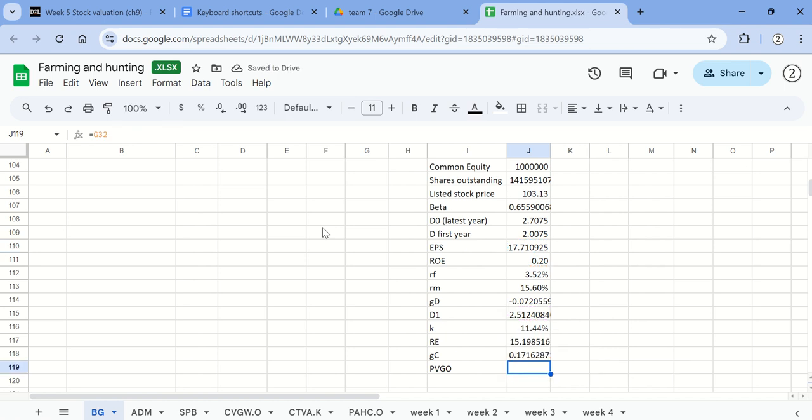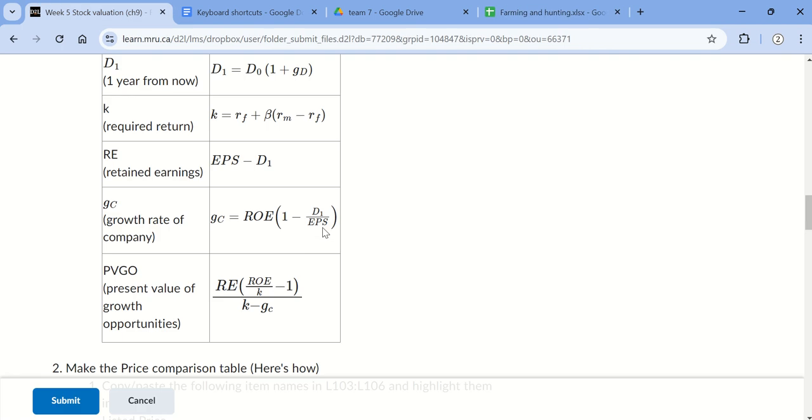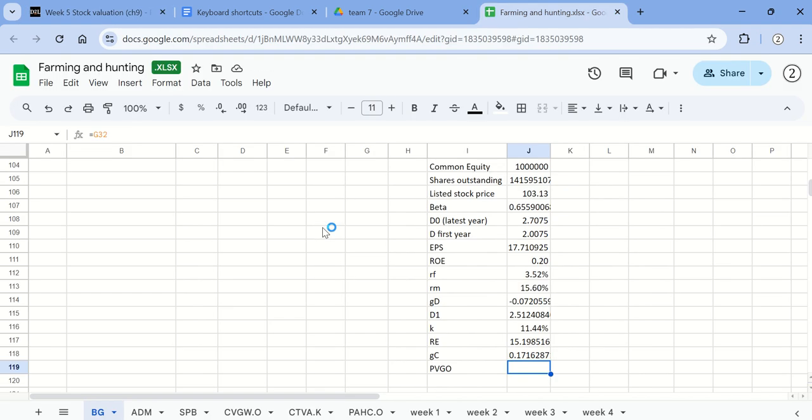Now, Control Tab, the present value of growth opportunities, it's complex. It's the retained earnings multiplied by the return on equity divided by the required return minus 1, and then all that is divided by the required return subtracting the company growth rate. Okay. So Shift Control Tab. So equals the retained earnings